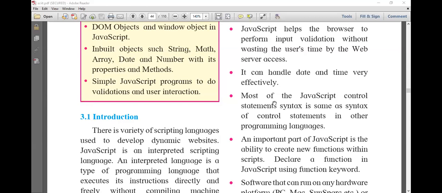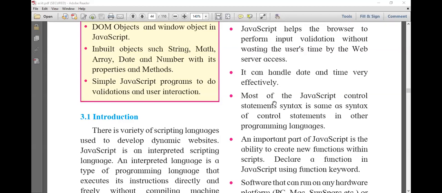If you study the syntax in JavaScript, then it will be easy to study any programming language because the syntax will be the same. The minor differences will be there. Okay, so if you study the syntax of JavaScript properly, then you can study any programming language.